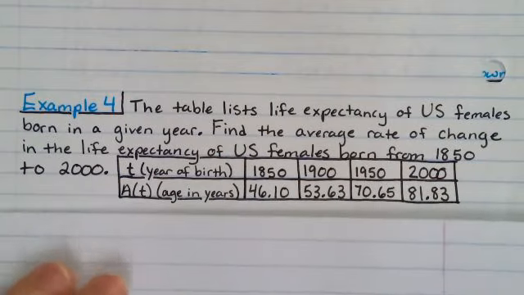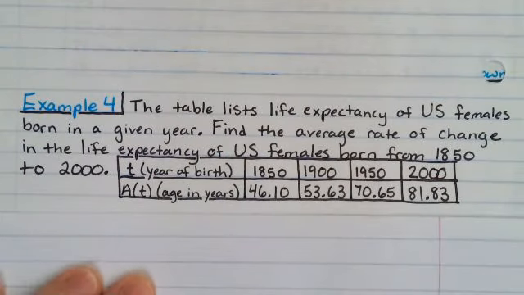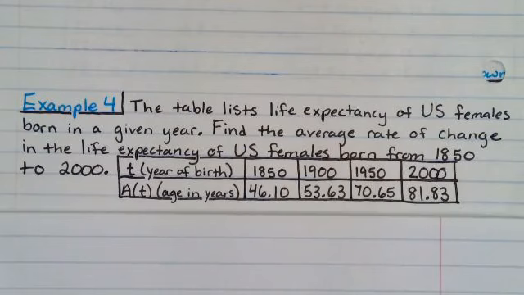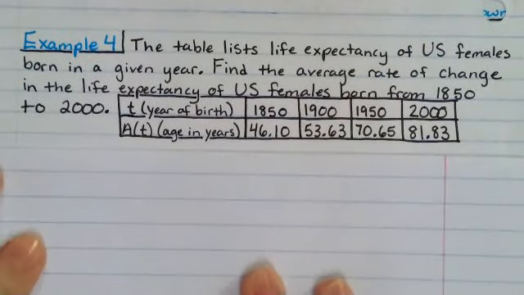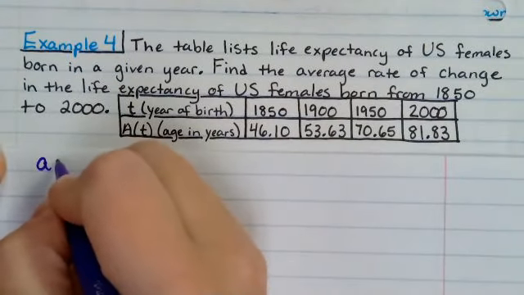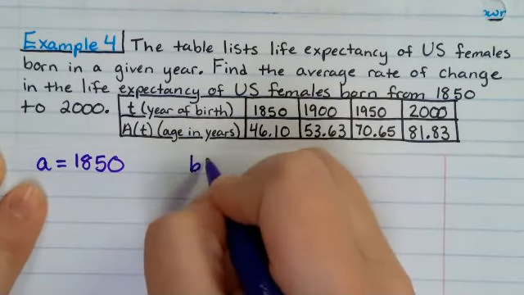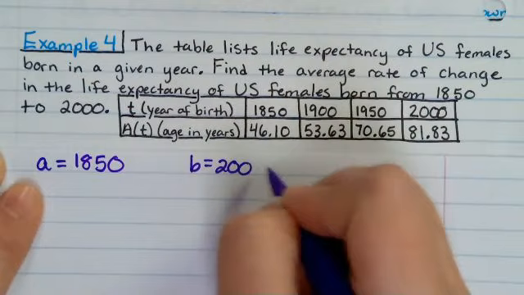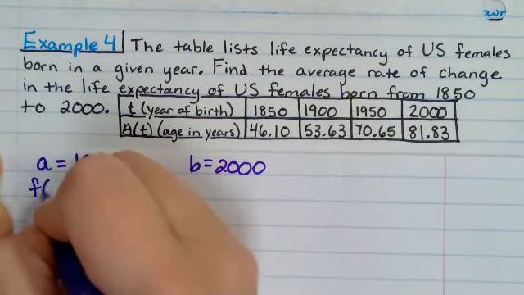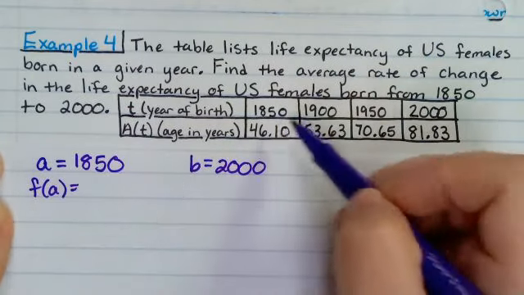Honestly, this one's easier, I think, than the last one, because in this situation, 1850 is the A that we're talking about, because that's the beginning of my interval. B would be the year 2000, which means that F of A is talking about